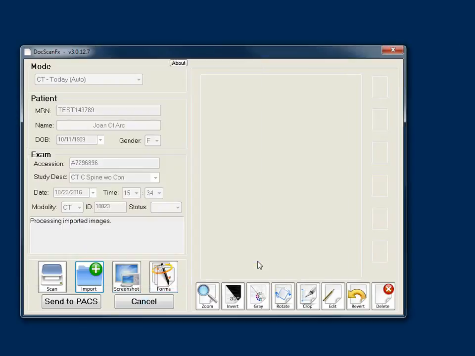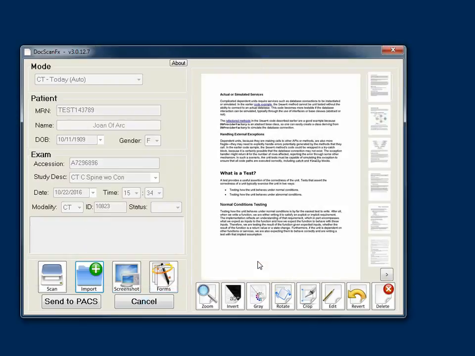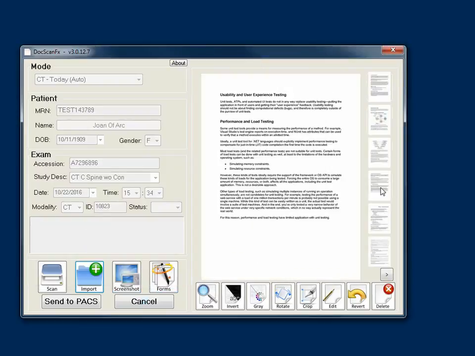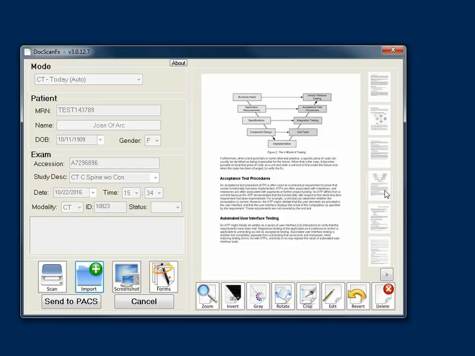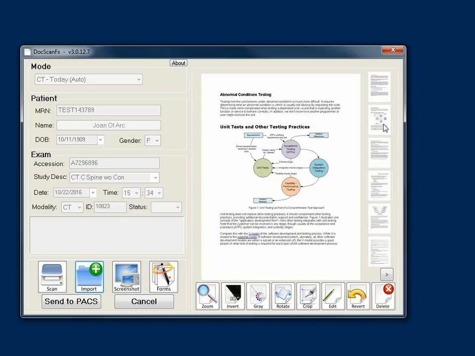This time I'm bringing in 6 different images. You can click on the thumbnails down the side to go through them. If you needed to rearrange the order of them, there's options to move them up or down. If there's a particular image you found that was wrong and you didn't need, again, you can use the delete